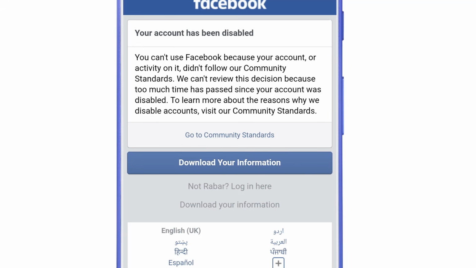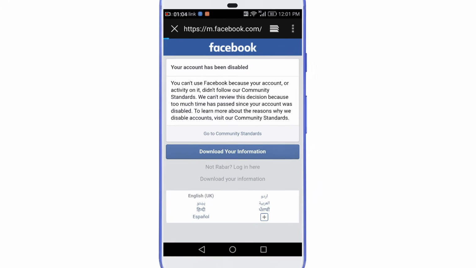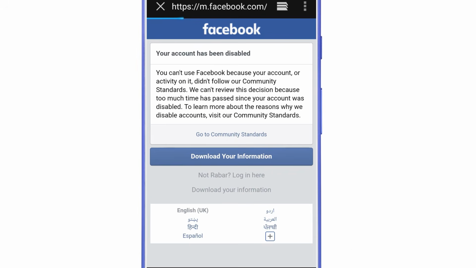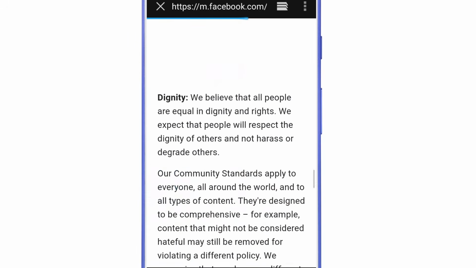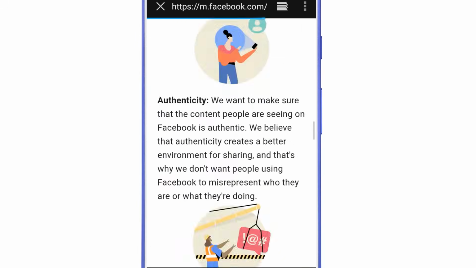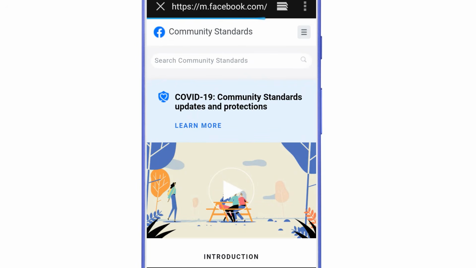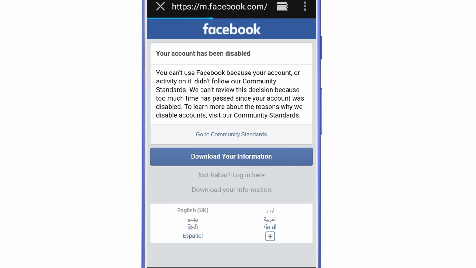Here guys, you can see that I'm not getting any appeal form to submit. Now if I tap on go to community standards, then the community standards page will be opened, but here there is no appeal form to submit my appeal. Now if I go back and log out the account,